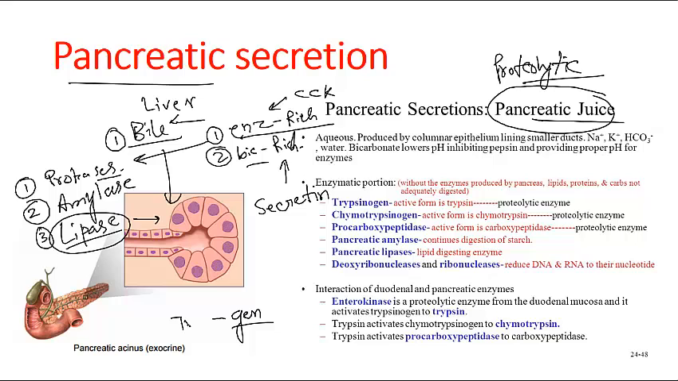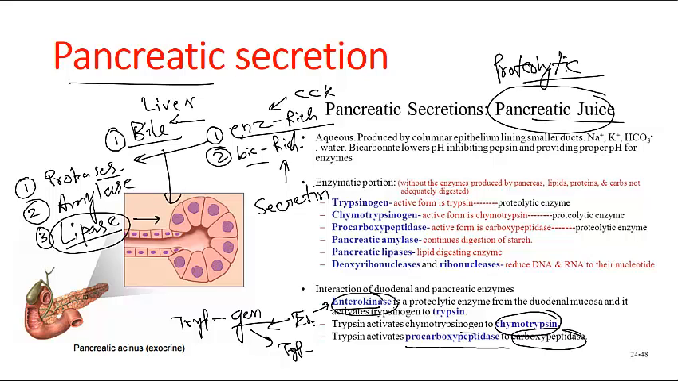So let's say trypsinogen is converted into trypsin, chymotrypsinogen is converted into chymotrypsin, and procarboxypeptidase is converted into carboxypeptidase. Actually, enterokinase is the enzyme that helps in the conversion of trypsinogen into trypsin. Once trypsin is produced, it activates chymotrypsinogen into chymotrypsin, and then trypsin activates procarboxypeptidase to produce carboxypeptidase. So these are chain events, but they first start with